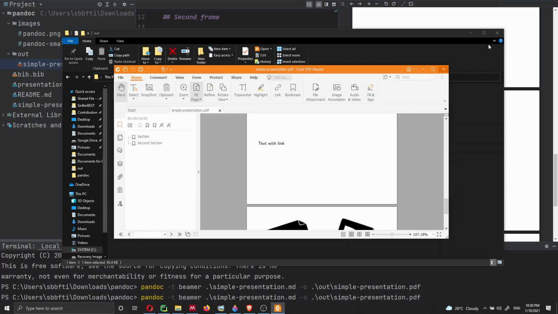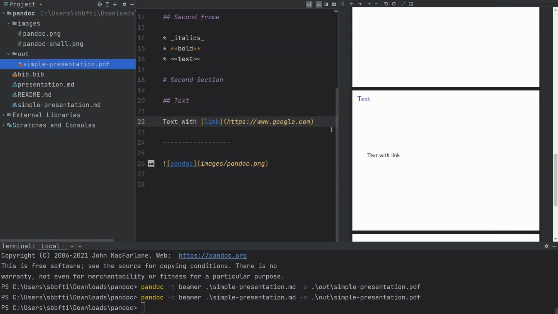No need to do that. Let's move to the next step, because at the beginning I mentioned that you're not limited to create a PDF presentation, but you can also create a web page and so forth. How can we do that? Well, we can use a very similar command, but we just have to specify a different type of output.